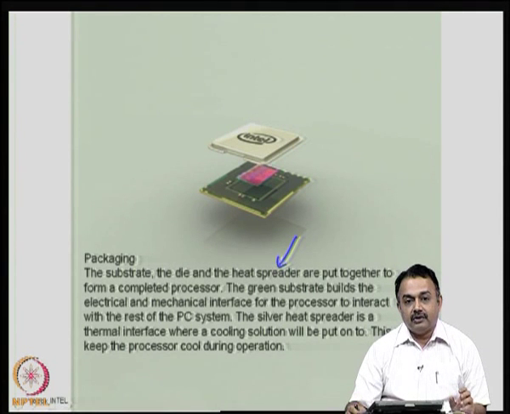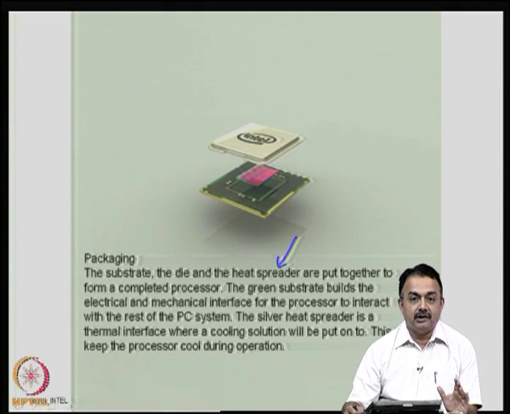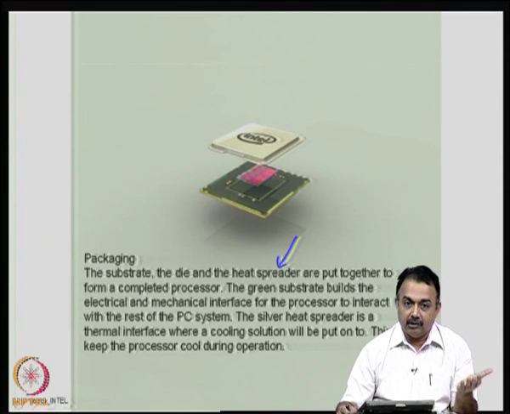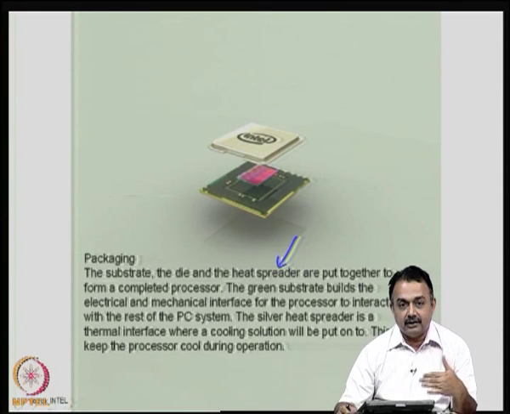All these components together when packaged form a complete processor which is protected and ready to use in any motherboard. For example, an Intel processor like the Core Duo processor or i7 processor, whatever it is, now goes into being mounted on a substrate